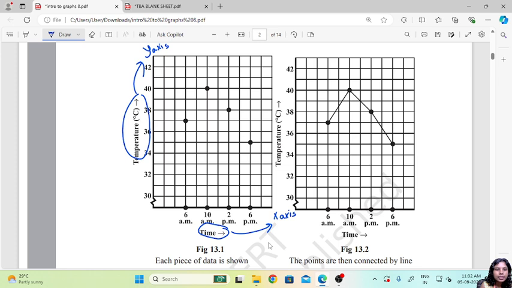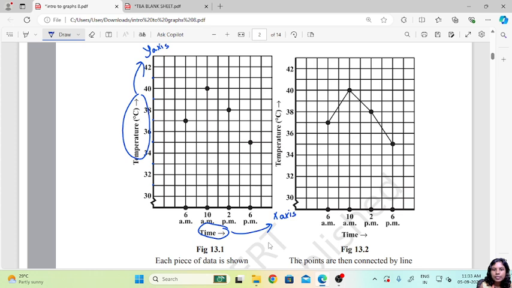So this is 36, so this middle line will be 37, then 30, 31, 32, 33, 35, 37, 39 and 41. So these are all the temperature variations that are there. So at 6 am they are saying her temperature was 37 degree Celsius. Then after 4 hours, that is at 10 am, her temperature rose to 40 degree Celsius, correct? Then at 2 pm the temperature again reduced to 38 degree Celsius, and last at 6 p.m. her temperature was back to